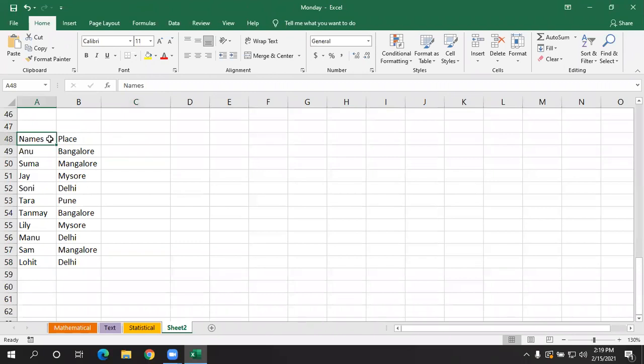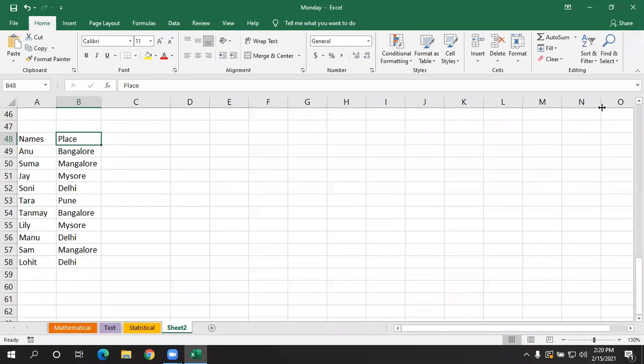So when we are using a table, there we had a button called the filter button. So what is the shortcut key to add and remove the filter? The shortcut key to add and remove filter is Control Shift L, right? If you don't remember the shortcut key, you can click on this and add the filter here. If you don't want the filter, again you can go to this option and deactivate it.